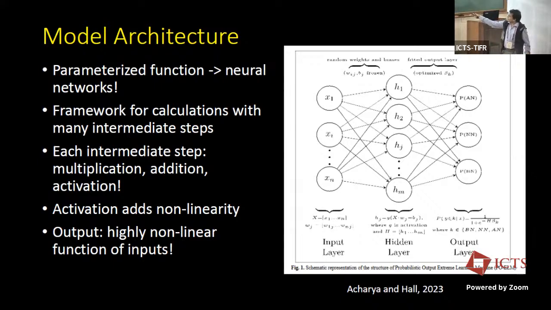So what happens in each layer? Each layer basically does a very simple operation. Whatever values it receives from the previous layers, it multiplies each of them with a particular number, which is represented by the weights of these edges, and then it adds up all those numbers. That is the operation that is done in each of the layers. And after that, there is some nonlinear function which is applied onto that result. That is called an activation function. It could be a linear function also; there is no reason why it should be nonlinear, but it's usually called a nonlinear function.